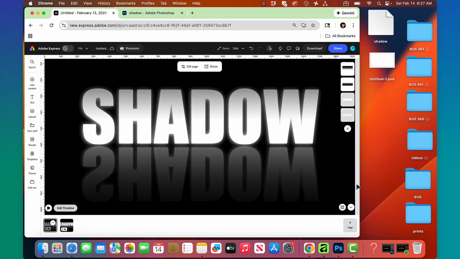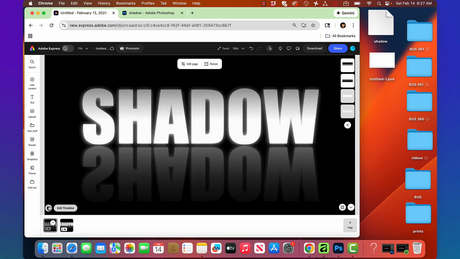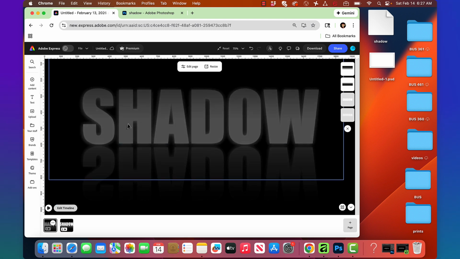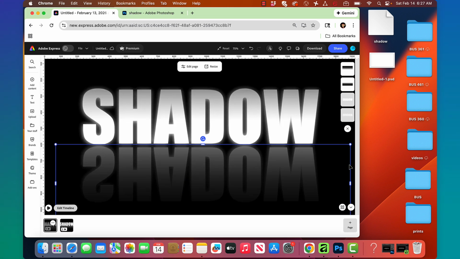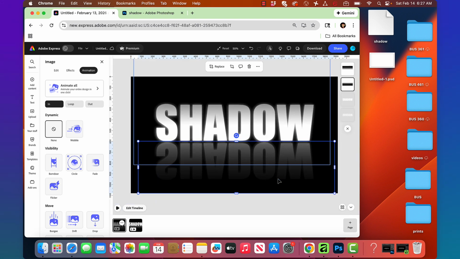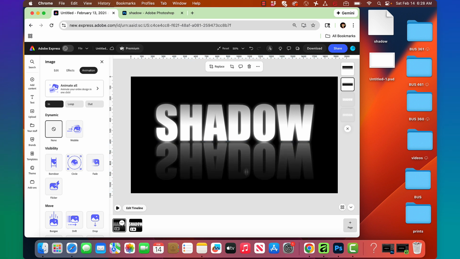Check out my Adobe Express shadow effect, 100% in Adobe Express. Look at that. The letters come in, both layers live editable type, so you can animate them together with the same presets. And the shading on the bottom is done with a command minus a white to black gradient layer in the multiply blend mode, where the blacks win and the whites drop out. So see how I can adjust my